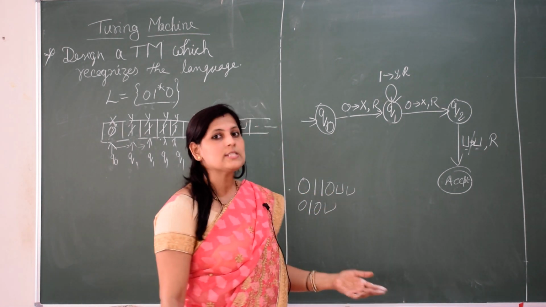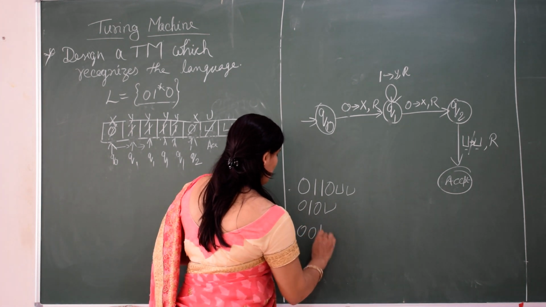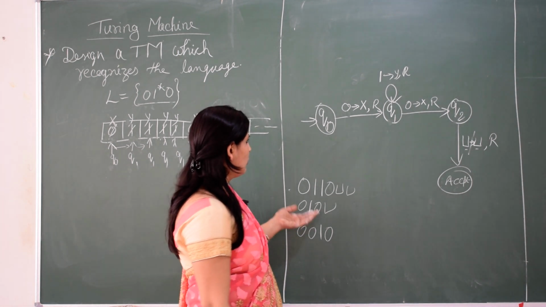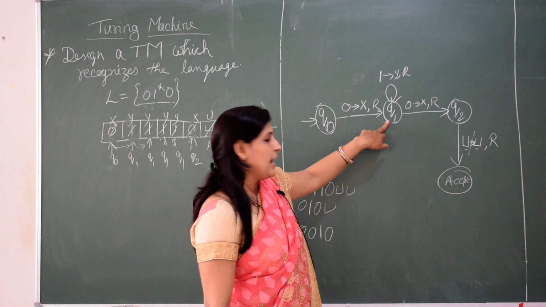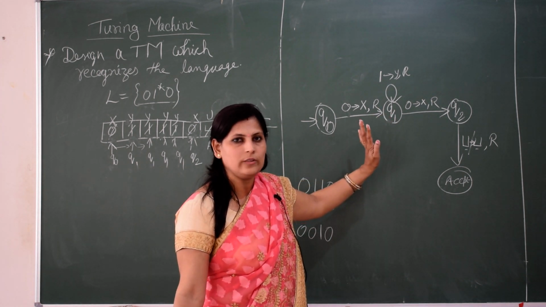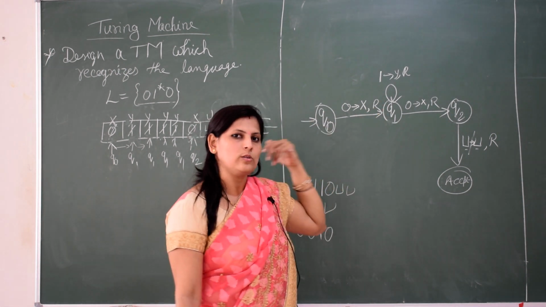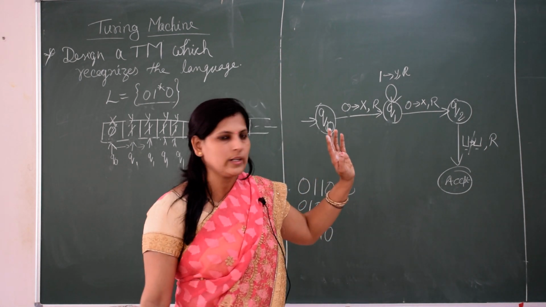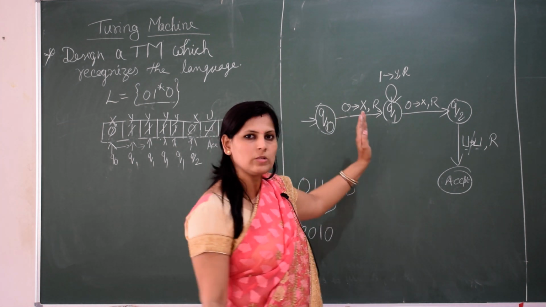You can check with some other string also, which is 0 0 1 0. It should not accept. So what is this? If 0 comes here, then at this 0, what happens? We have not defined or represented it anywhere. We can represent that also. If you don't represent it, what we have written is still correct, since it is a deterministic example. So your Turing machine is deterministic.